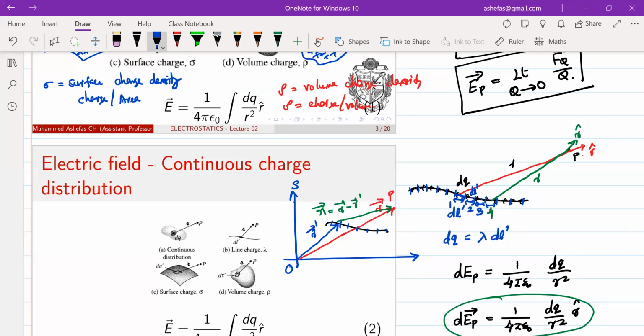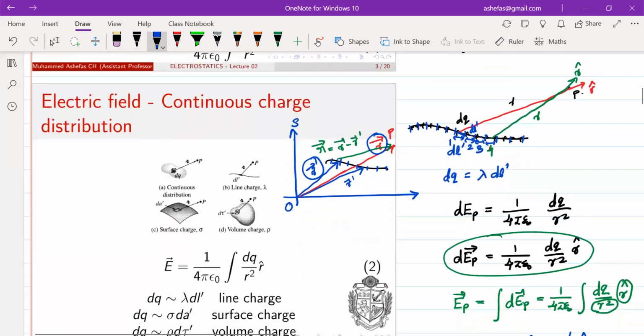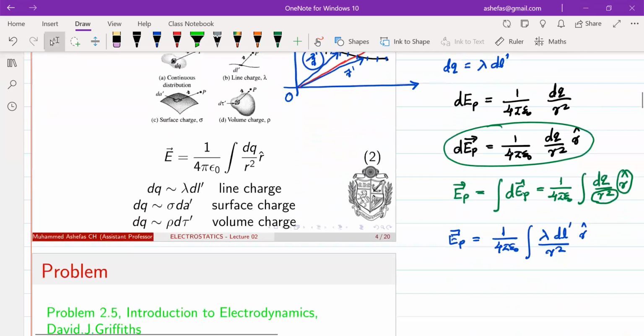So that means this r prime is a variable. For the first segment, this is the r prime. If you are going for the fourth segment, this would be the r prime. So the r prime is the variable, whereas r, the position vector of the field point, is fixed. So there is no integration over the unprimed variable; all the integration is over the primed variable. So in that way, how can we rewrite this?